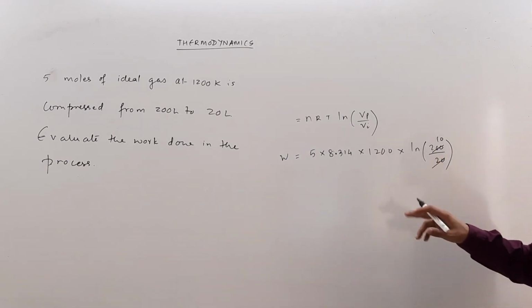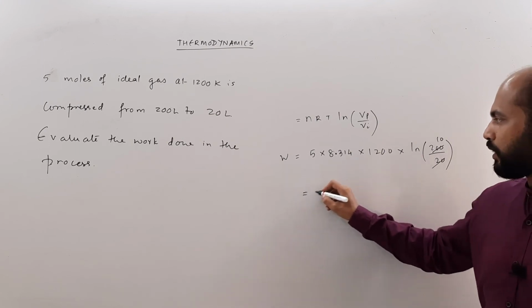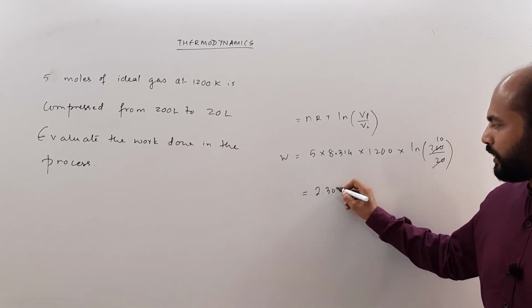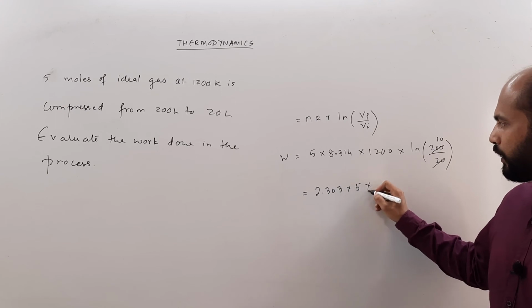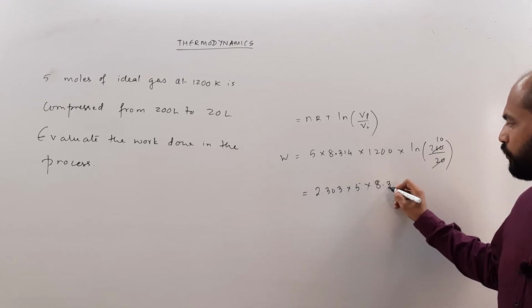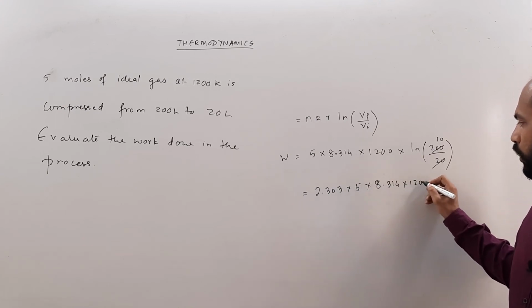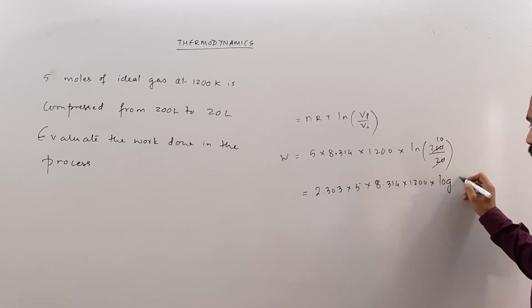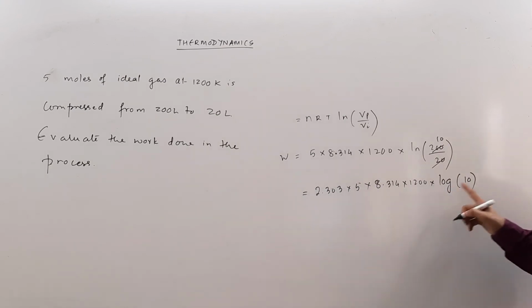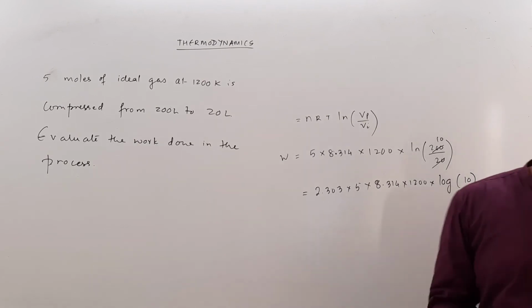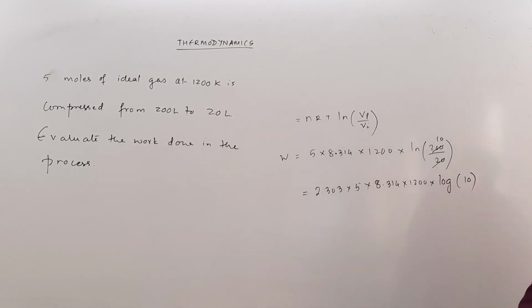Log 10 to the base 10 is 1. So we can convert this as 2.303 into 5 into 8.314 into 1200 into log 10. Now this is log 10 to the base 10, which is 1. And when we calculate this, the answer comes to,